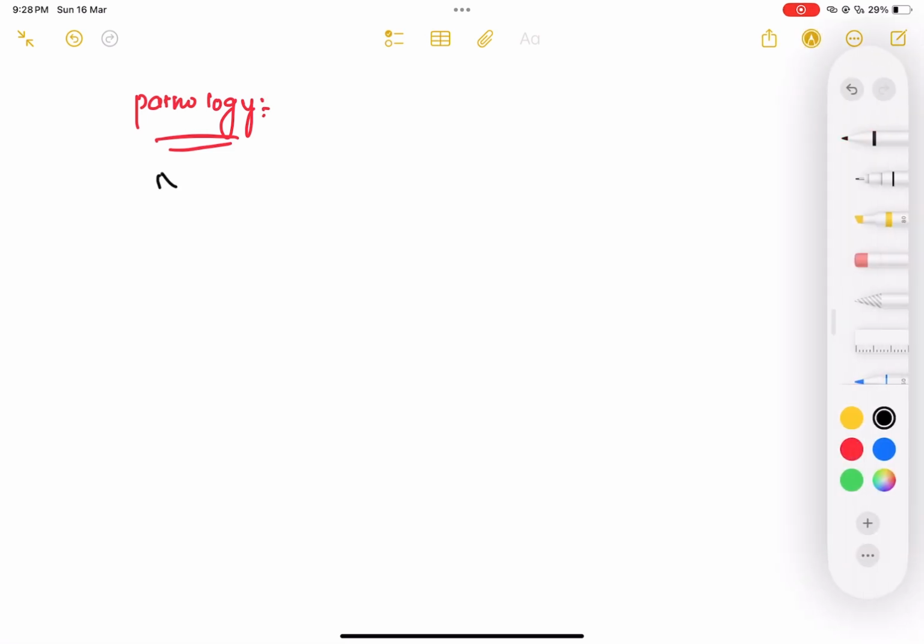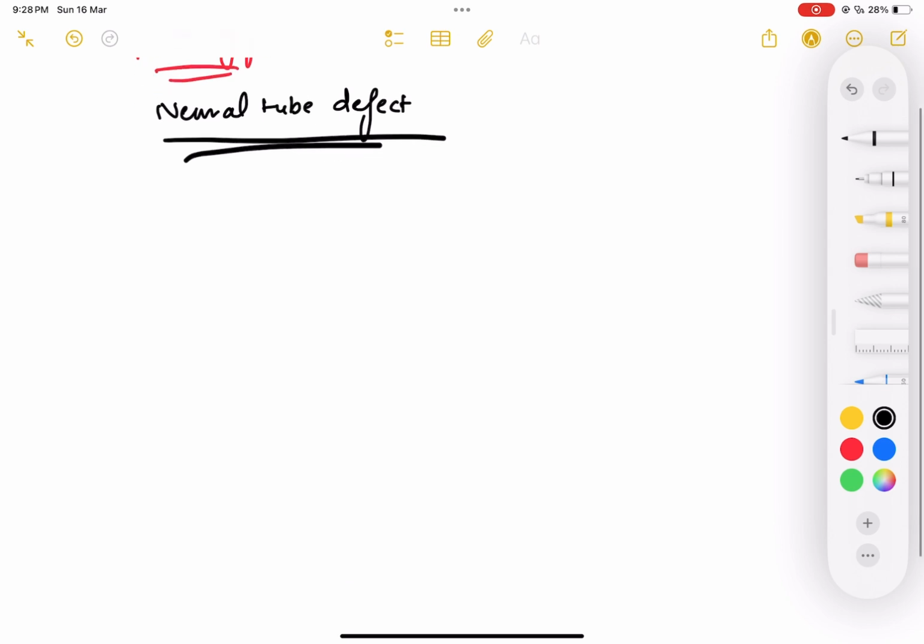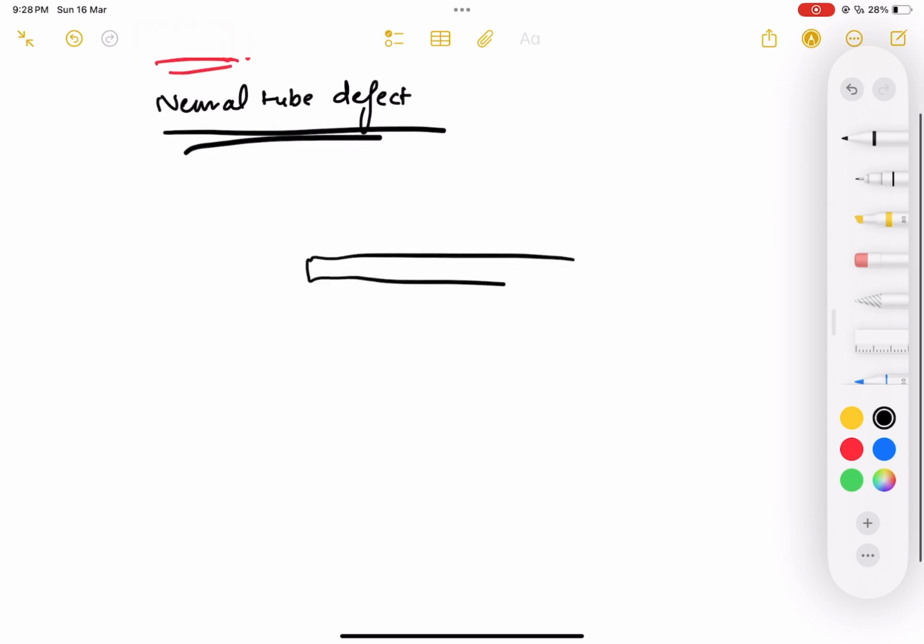Hello. Okay. So today we are going to start our session on pathology, right? So the first topic which we are going to discuss is neural tube defects, right? But before discussing neural tube defects, as we already know the normal embryology, that we have our ectoderm,